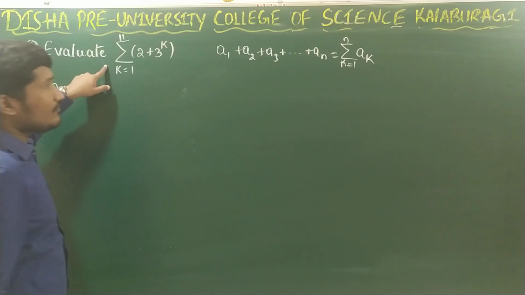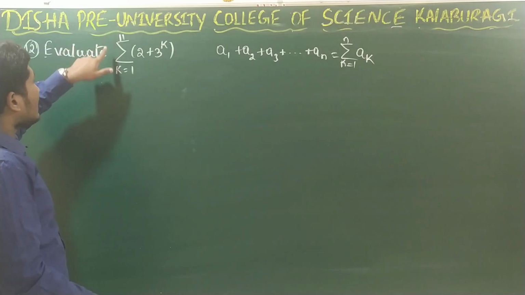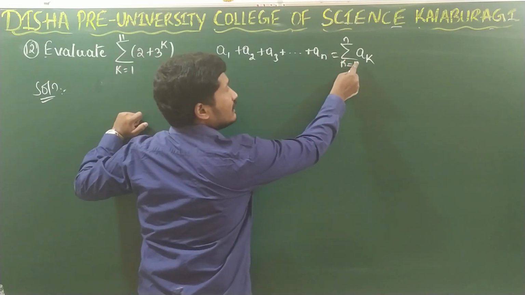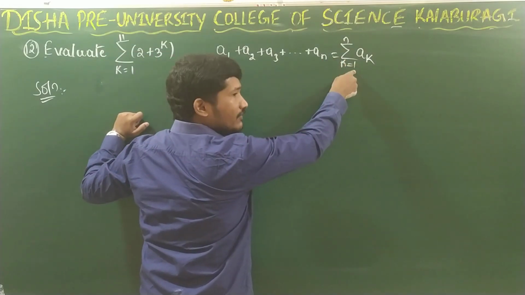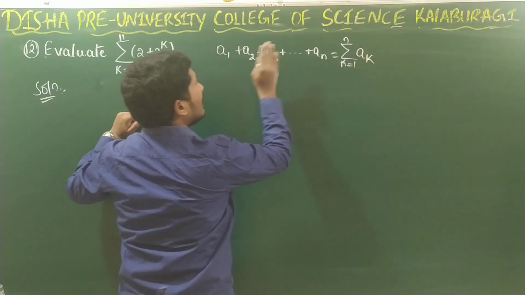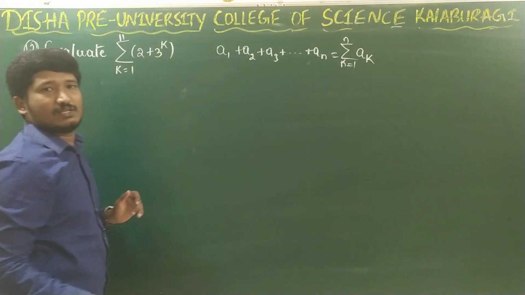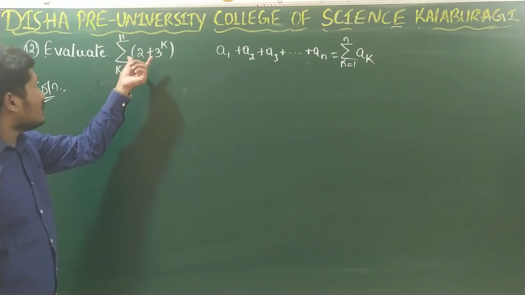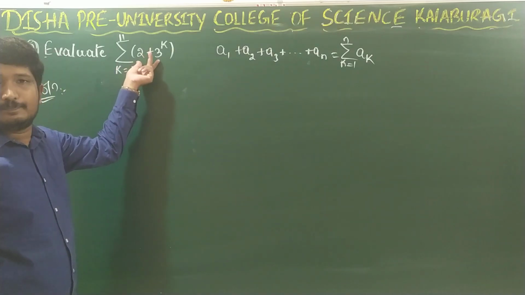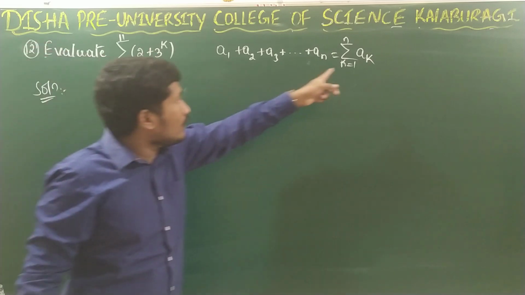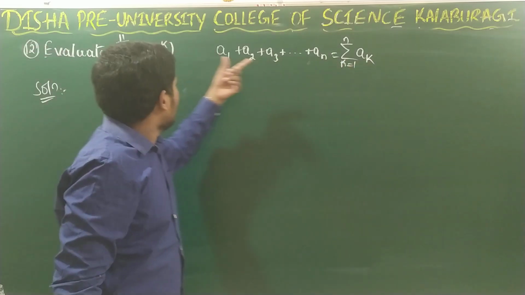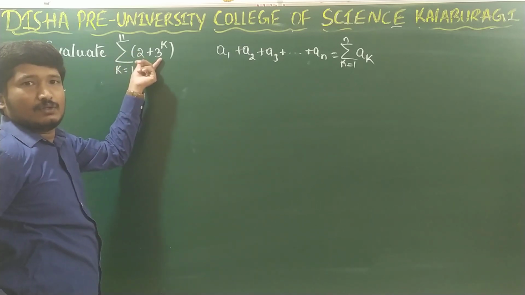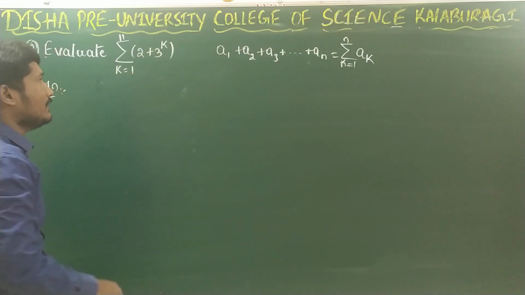Right? So in the same way, we are given this series in a compact form. That is, we are given the RHS side. What we will do here is write it in the form of LHS. That is, we will expand the given series. See, this is one complete term. This is equal to AK. So this is one complete term which is given under summation. Let us expand and see what it will be.